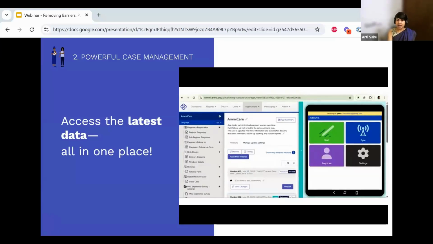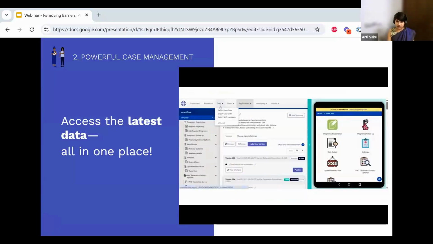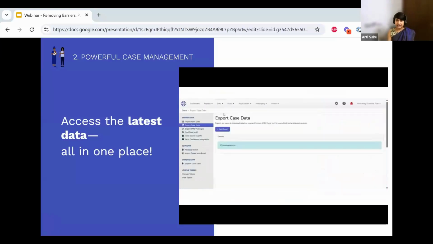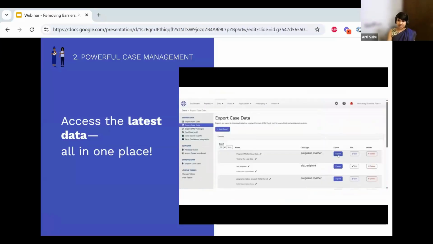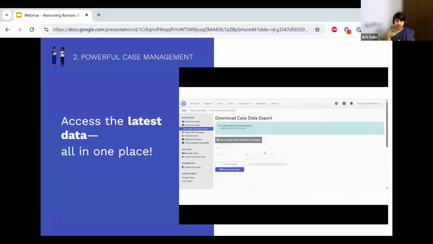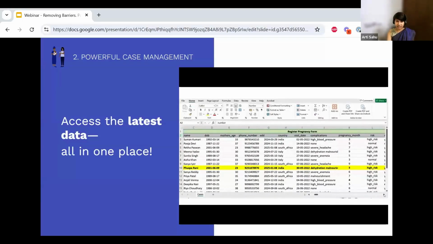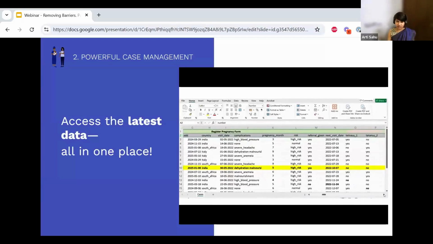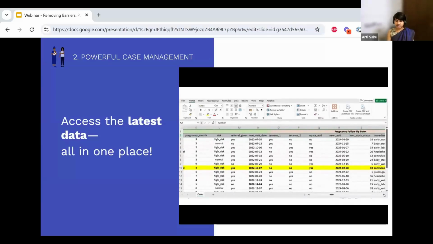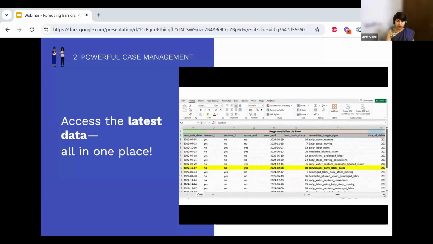We started with the app builder, and now we'll move to the data export section, which is under the CommCare HQ. And at data export section, that's the place where we can configure and download the data that was collected in the application. So you can see we are exporting the data into Excel. And once we have got the data in Excel, you will notice that CommCare has pulled everything together in one row for each client. And especially the one highlighted in yellow color, we are looking into the information collected for Mother Pushpa that we registered and followed up.